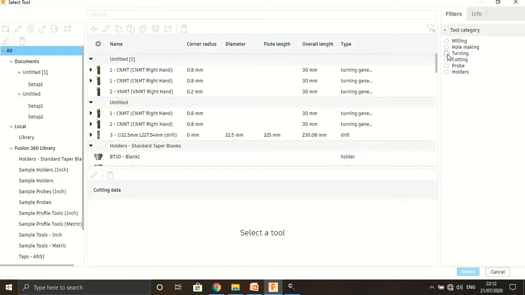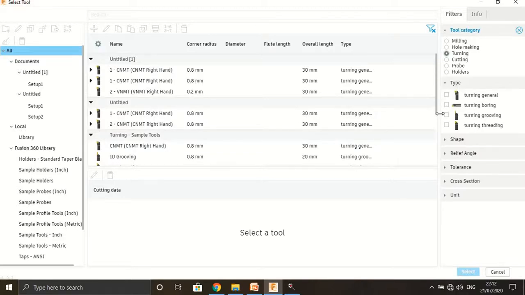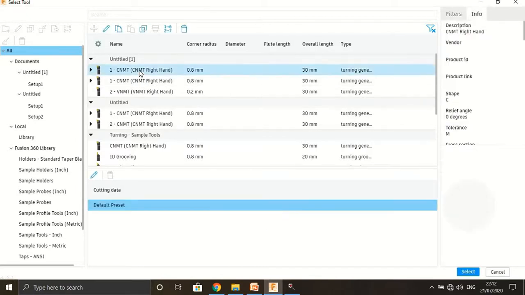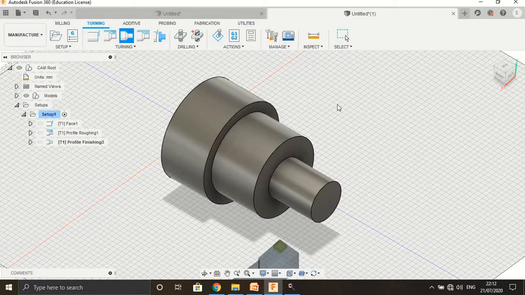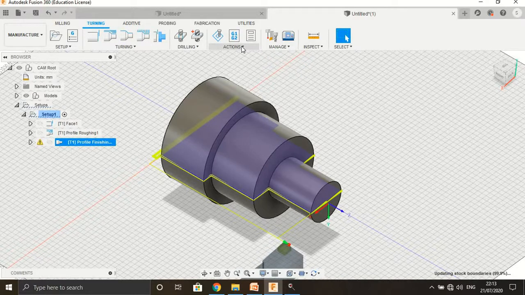Select the turning option. CNMT tool with specification. Select, press OK. Tool path is generated.